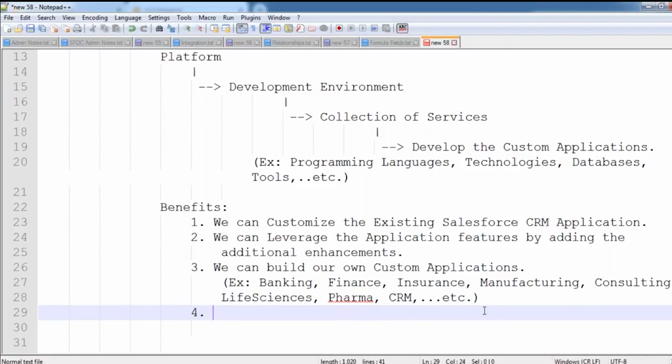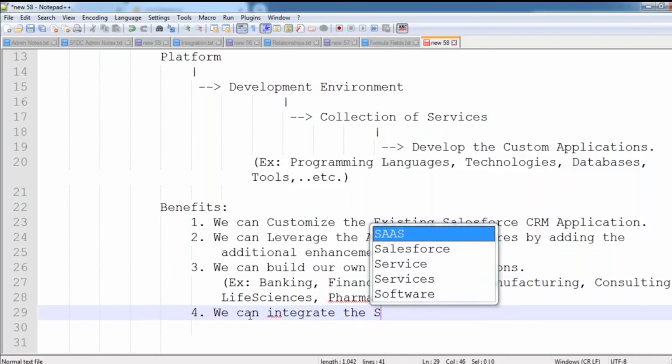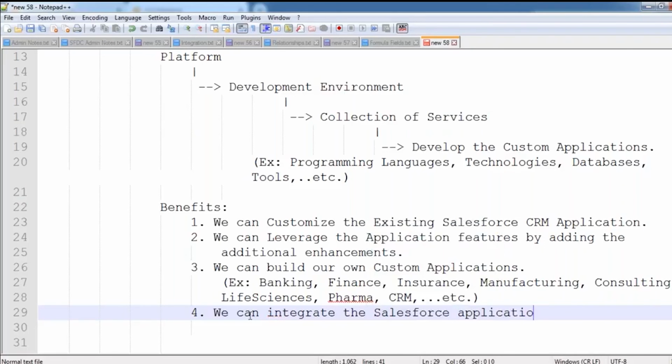Now, the next one. By using this Force.com platform, not only can we build applications on our own, but once the application has been developed, we can integrate that application with any external systems also. Whatever applications we have built, we can integrate the Salesforce applications with any